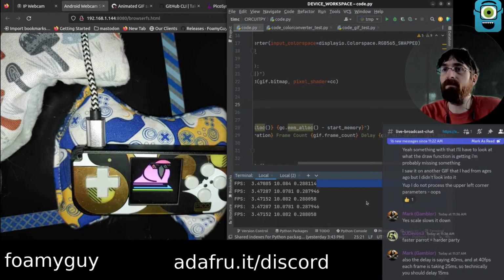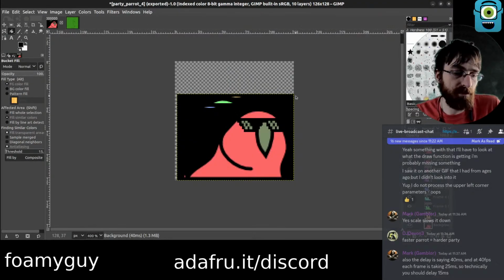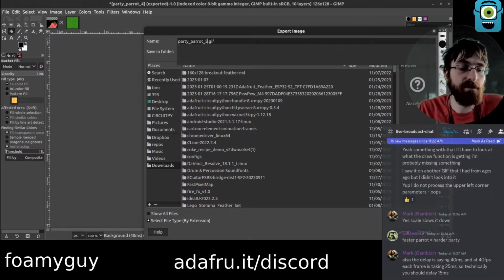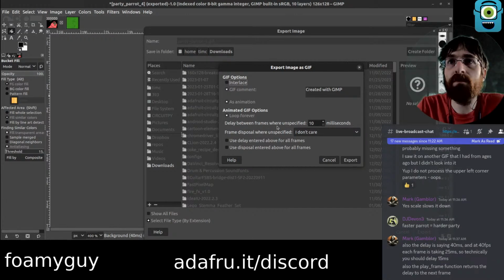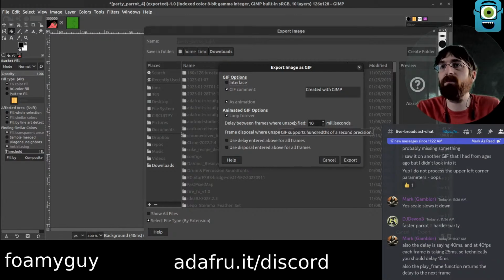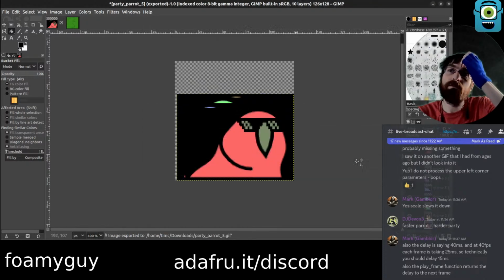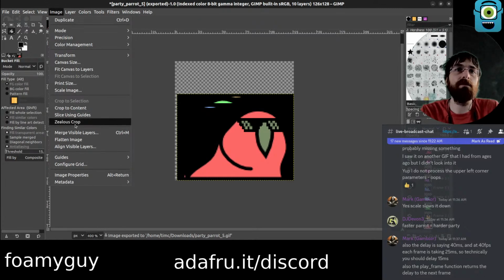Oh, it's up here, 40. That is interesting, actually. I'm surprised. 40 is what it was always returning before as well. I did change this thing at one point. Delay between frames. It says where unspecified, though. I don't know what where unspecified would be.